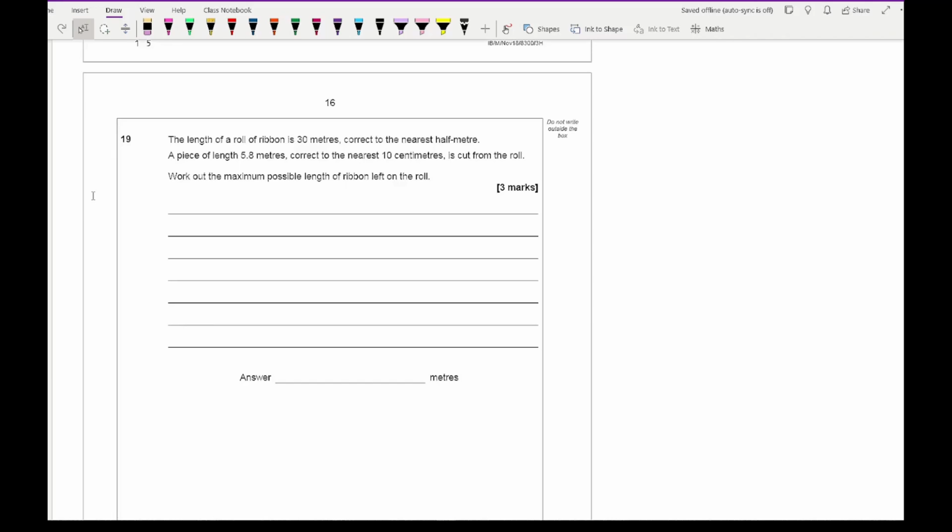Now for this, what you need is to have the biggest roll that we could have, which is going to be 30, and then we've got the nearest half meter. So nearest half meter is going to be 0.5. Divide that by 2. And that's going to give me 30 plus 0.25. So the biggest roll is going to be 30.25